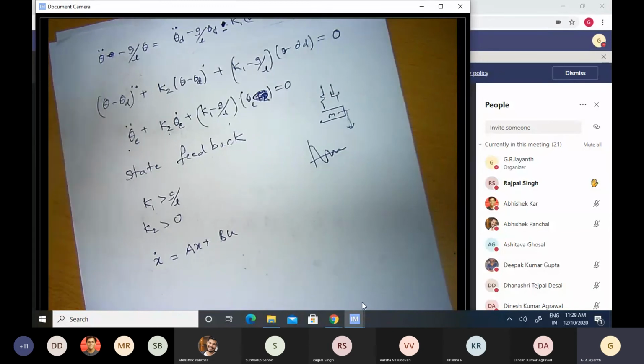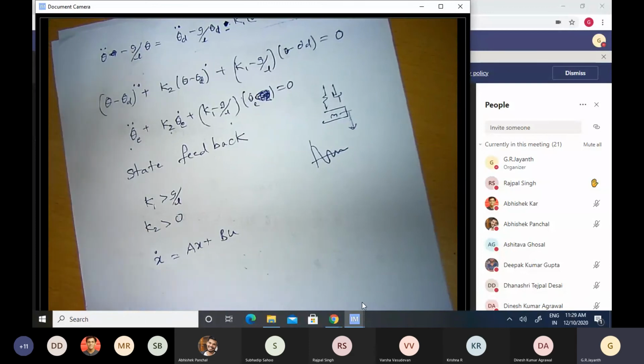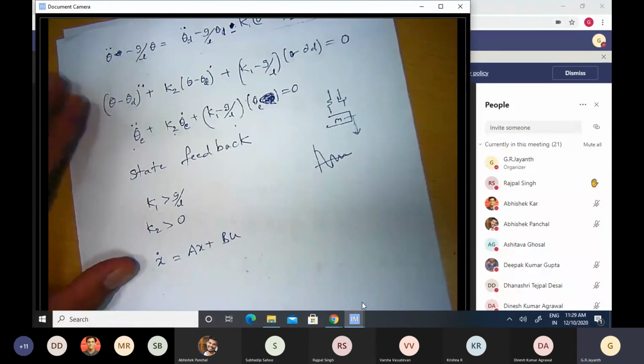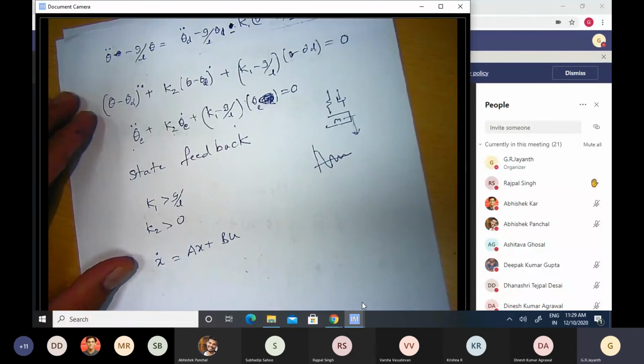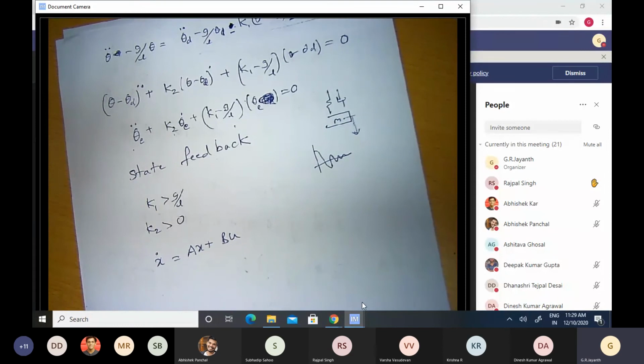And why it has an integrator is something we'll discuss sometime later. This notion of an integrator is a very frequency domain concept, so we will talk about it when we talk about transfer functions and so on. At the moment, just recognize the fact that given the type of the system, this is what is known as a type 1 system, which already has an integrator built into it. It is possible for the error to go to 0 without you actively bringing in an integral term as part of your controller structure.